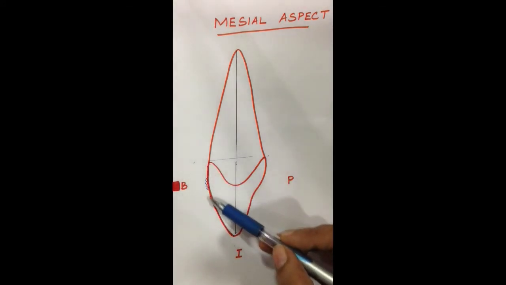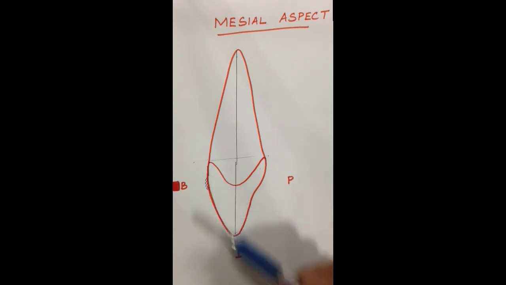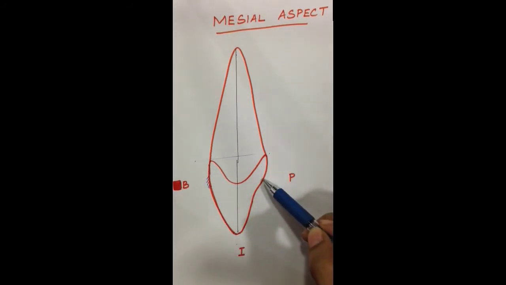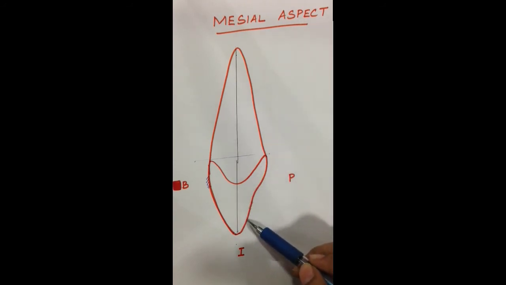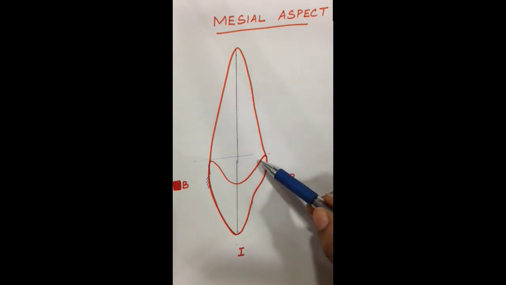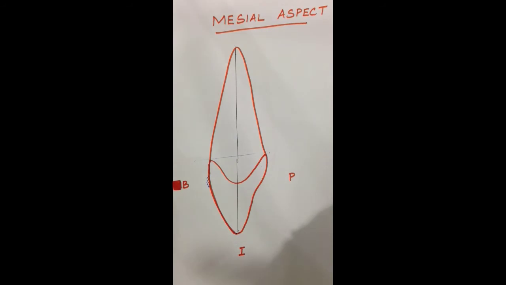The labial outline is mildly convex with a crest of curvature located at the cervical third of the crown. The lingual outline has a convexity representing the cingulum, followed by a concavity representing your lingual fossa, which again continues as a convexity representing the incisal ridge. The cervical line shows a noticeable degree of curvature towards the incisal ridge. The root is cone-shaped with a blunt apex.